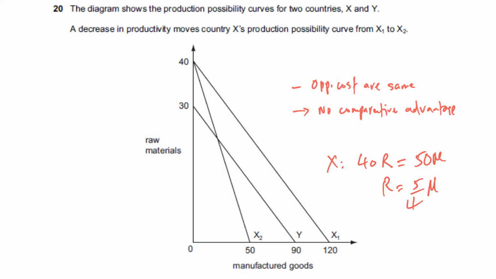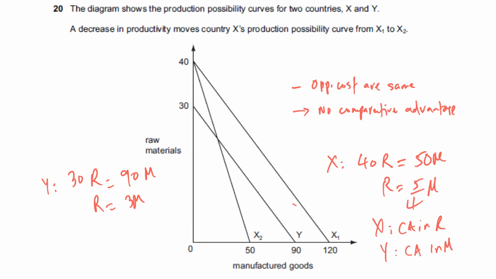Right? Now, for country Y, on the other hand, if you look at country Y, it's 30 R. So let me write this. Y is equal to 30 R is equal to 90 M, or 1 R is equal to 3 M. So clearly, when country Y makes 1 R, they lose 3 M. When country X makes 1 R, they lose less than 3, in fact 5 by 4 M. So clearly, country X has a comparative advantage in R, while country Y has a comparative advantage in